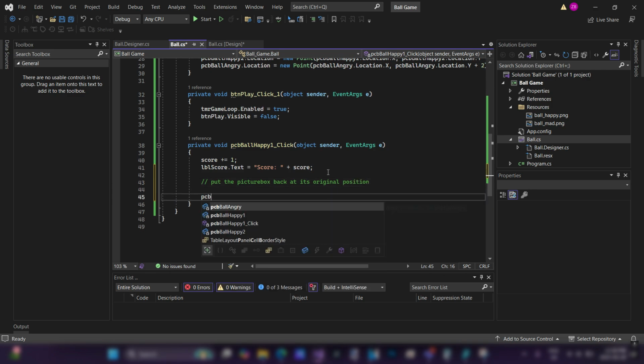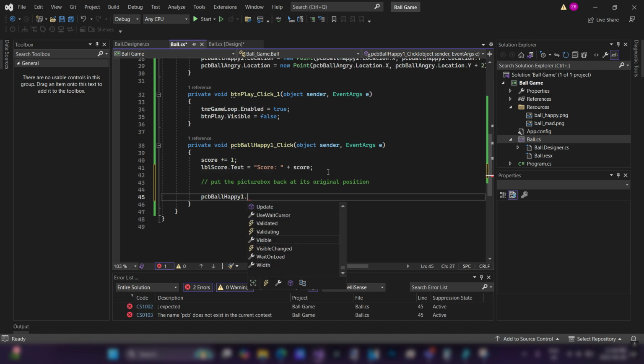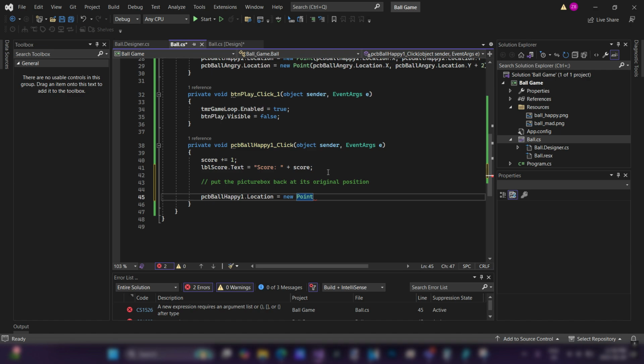So that PCB ball happy1.location, you're going to have to finish this code to get it back to where it started. Now you should be able to figure that out. And just carefully, please,